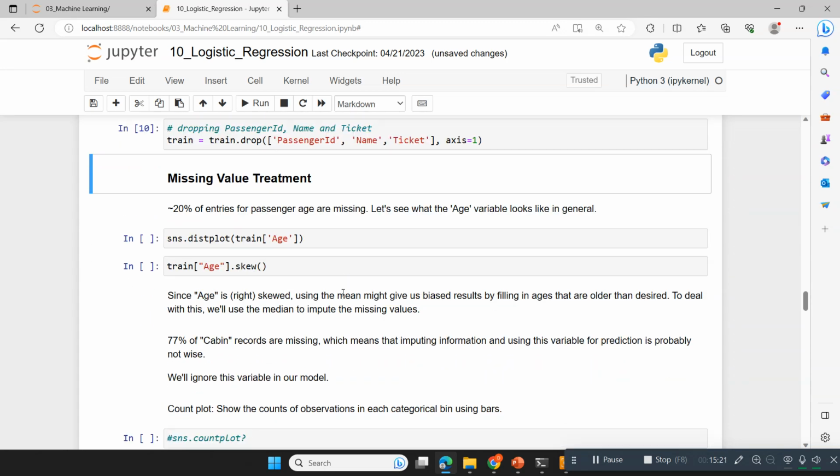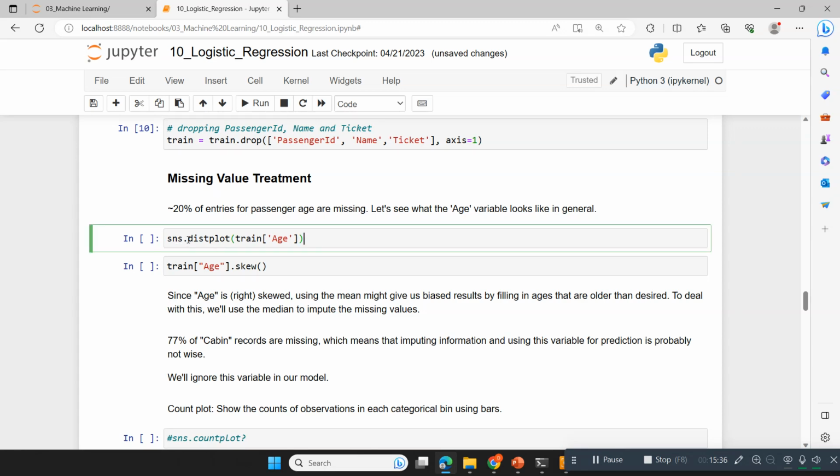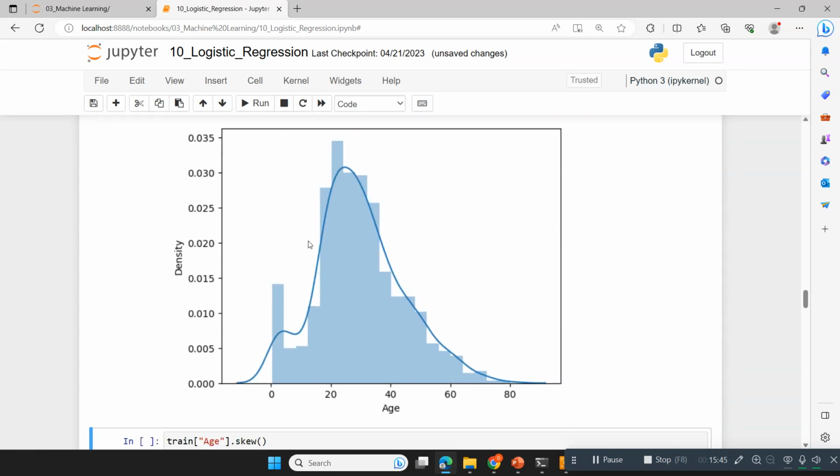And then how to treat missing values. This is called missing value treatment, or in other terms we can say imputation. As we come to know, there are three variables which have missing values. So I just focus on the first one, age. I'm plotting a distribution plot by using Seaborn, sns.distplot of train of age. You can see this is the distribution, and by looking at the graph we can see it has skewness. What type of skewness? It is right skew, because there is a slope towards the right side. So there is a right skew,